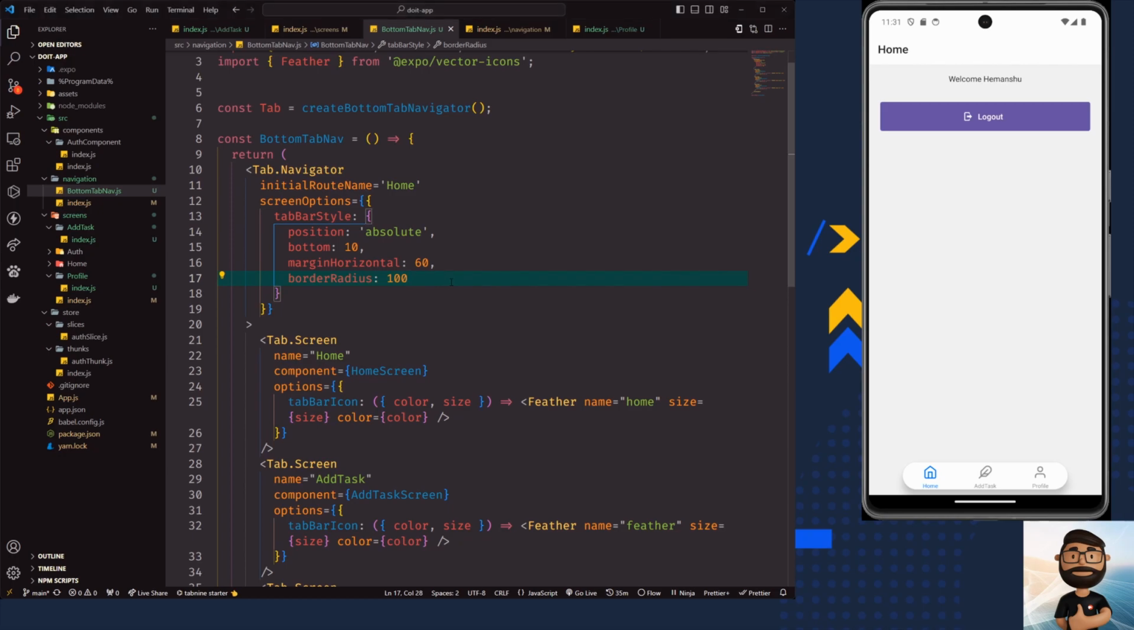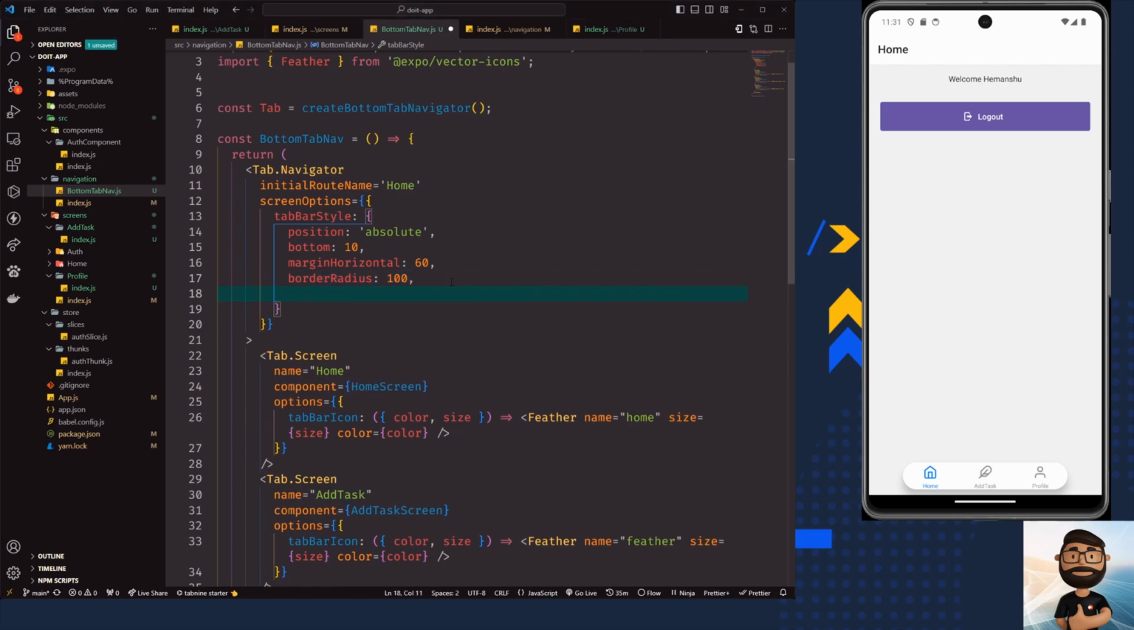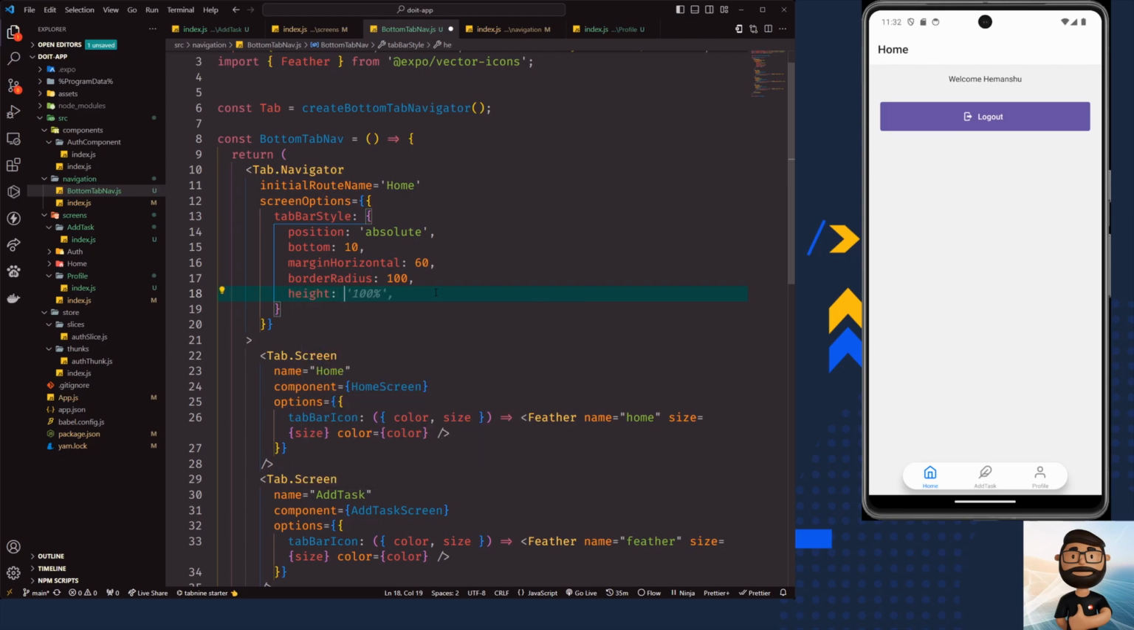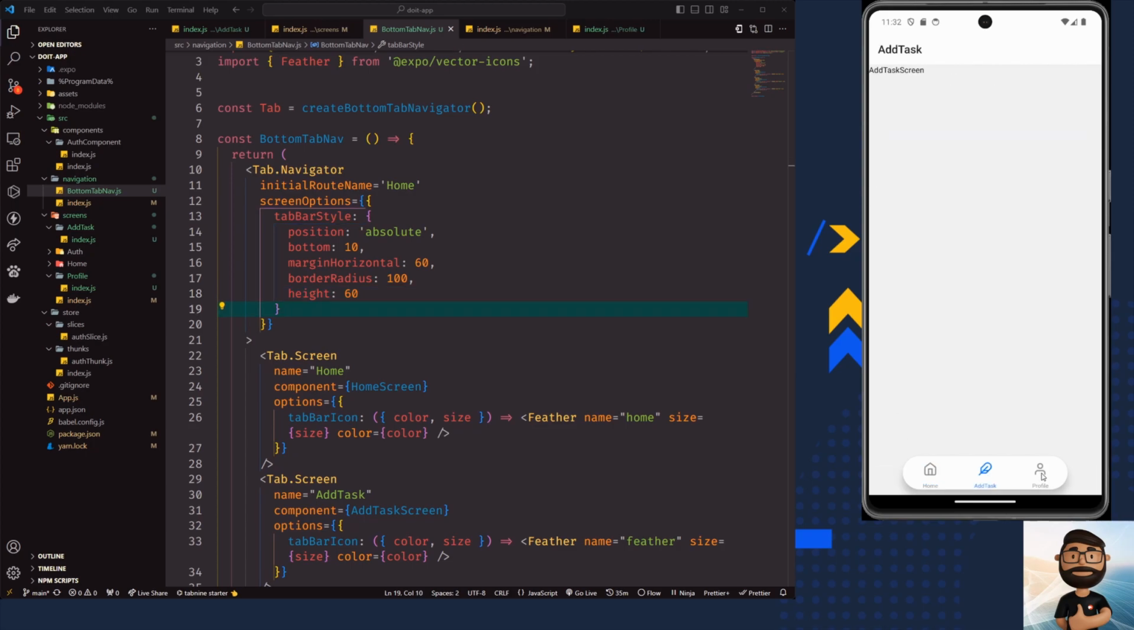Okay, and let's give it a height, because right now our icons are looking very tight inside, right? So let's give it a height. Maybe let's start with, maybe let's try 60. Okay, and I think it is looking fine. So if we click and check the tabs,